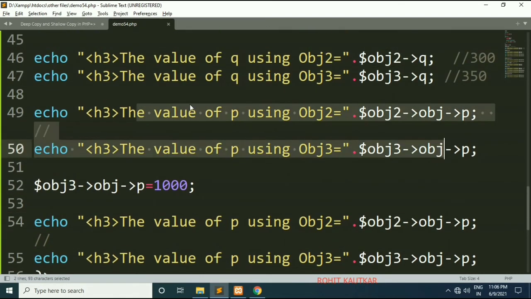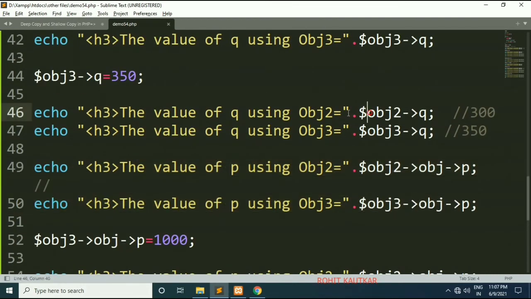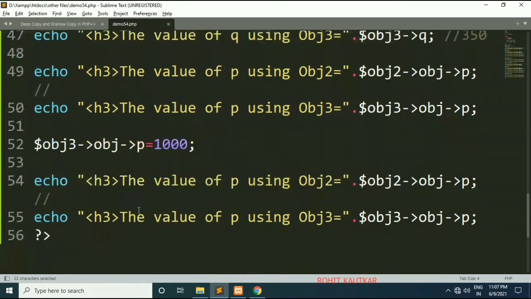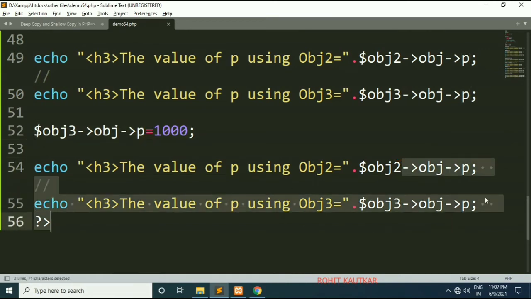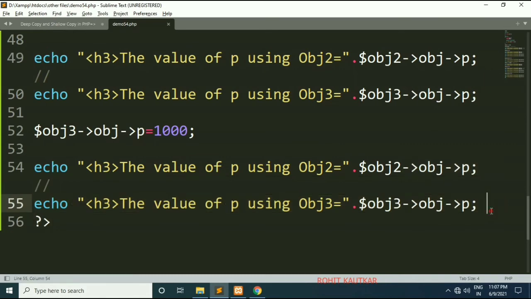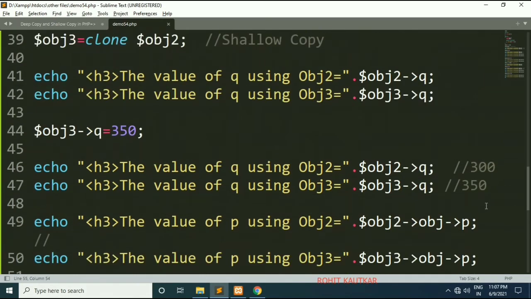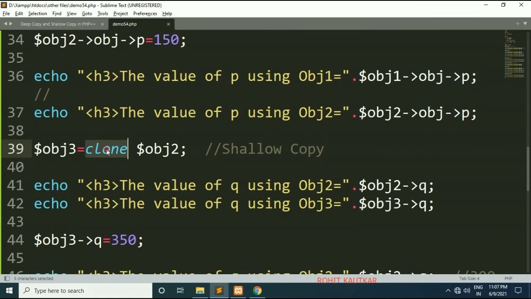But in case of normal member variables, each object has its own copy. That's why whenever you change the q value through object 3, it changed only within object 3, not within object 2. But in case of reference, it gets modified within both objects. Why is it happening? Because by default, whenever you use the clone keyword, it creates a shallow copy.